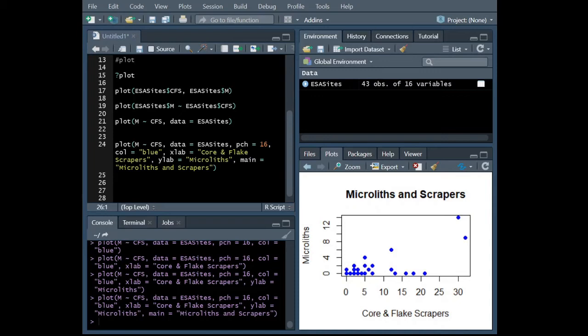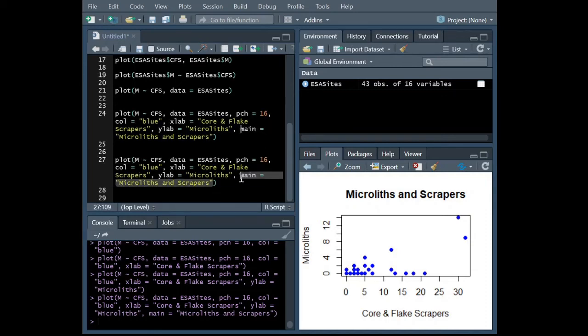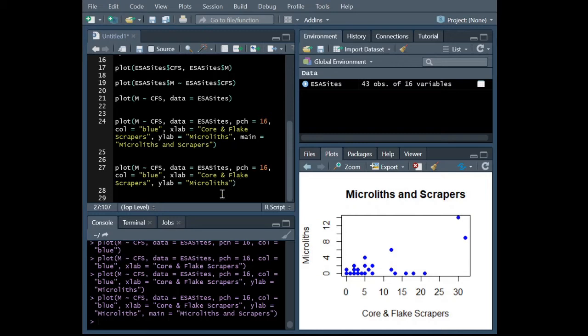Now, this plot that we've got here, I want to also show you that there are other things we can do. I'm just deleting the main title just to clean things up a little bit. If we wanted to change the color, now I've got the color specified as blue, which is just the word blue in quotation marks. But there's another way that we can handle colors, and this is called hex codes. I generally go for this approach when I'm making my plots,